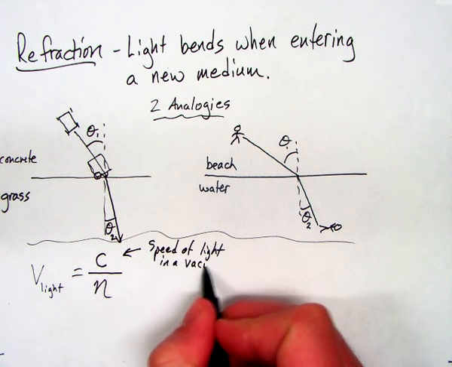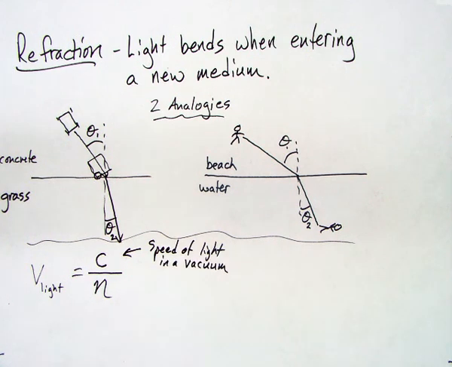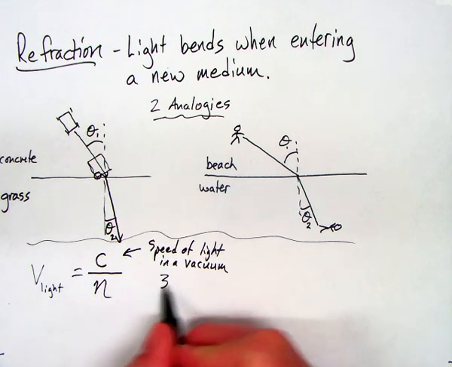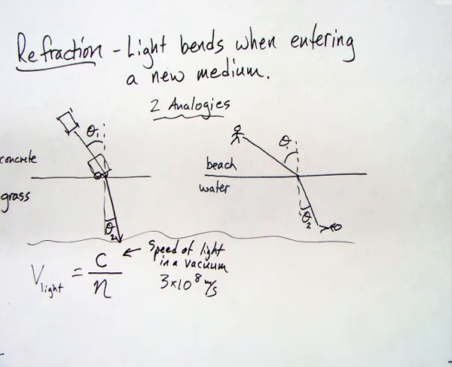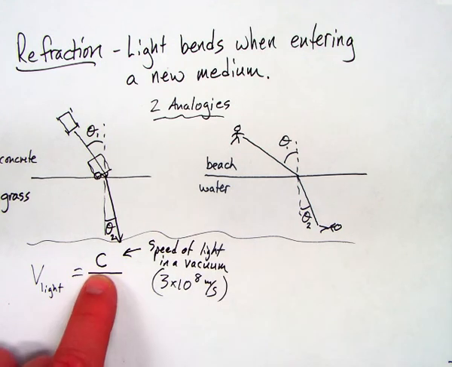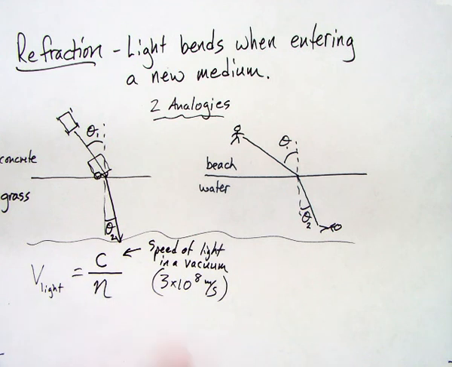in a vacuum. So in the vacuum of space, where there's no material substance for light to travel through, light travels at a blazing fast 300 million meters per second, or 3 times 10 to the 8th. So anytime you see c, you can put 3 times 10 to the 8th. That's the speed of light in a vacuum, the fastest light ever travels. But when light travels through glass or water or diamonds or crystals or plastic, light tends to slow down when entering a new medium. And so,